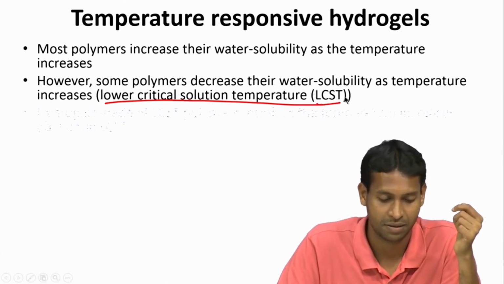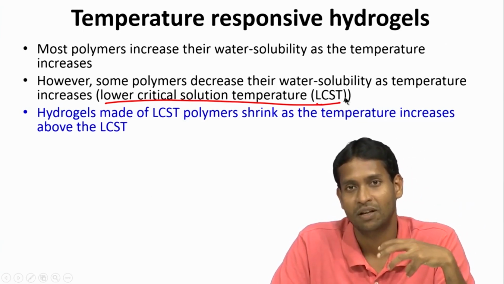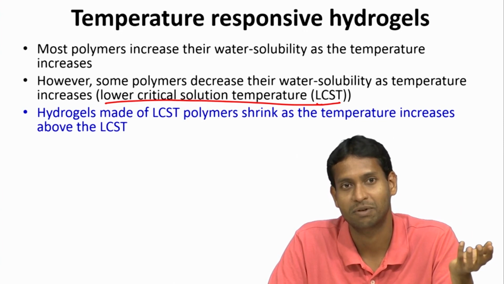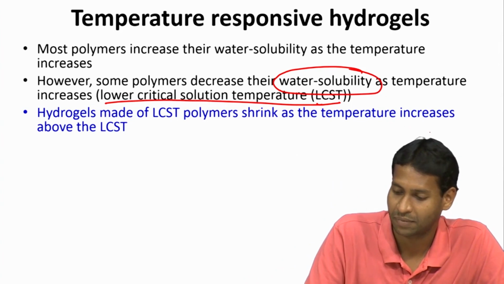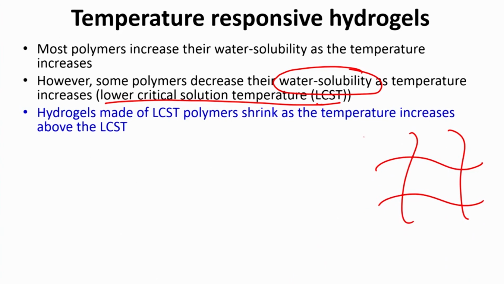So, if I make hydrogels out of such LCST polymers, they will actually shrink as the temperature increases above the LCST. If I am saying the water solubility is decreasing, and let us say this is a hydrogel at 25 degrees Celsius. Now, if the temperature is increased to 37 degrees Celsius, and the water solubility decreases,